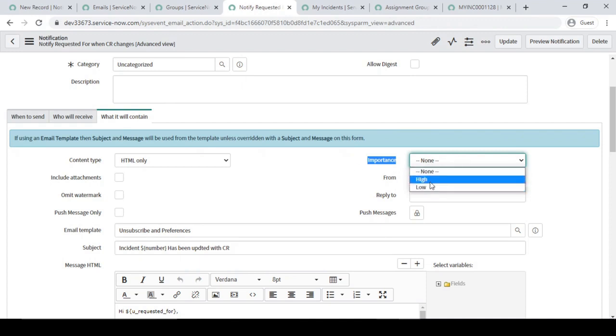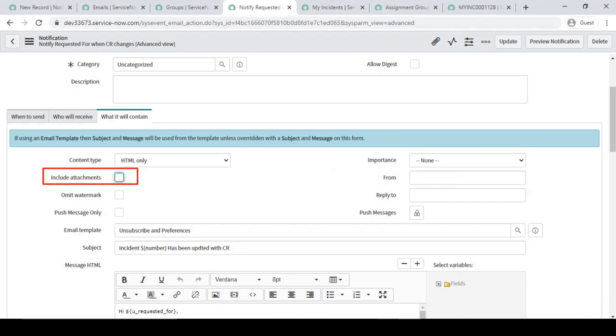So same way it will act over here. Fine. So it's up to your scenario or requirement, you have to select it. By default it will be none. Include attachment, so this is the important one over here. Include attachment means